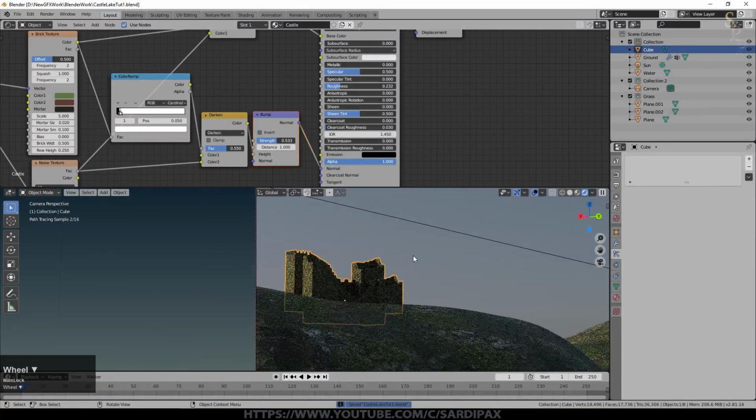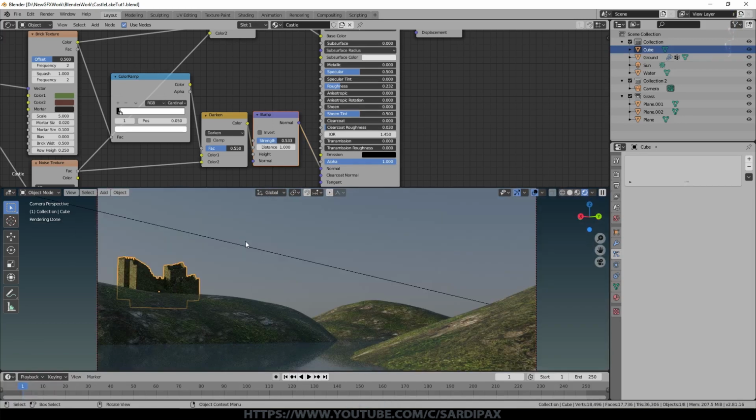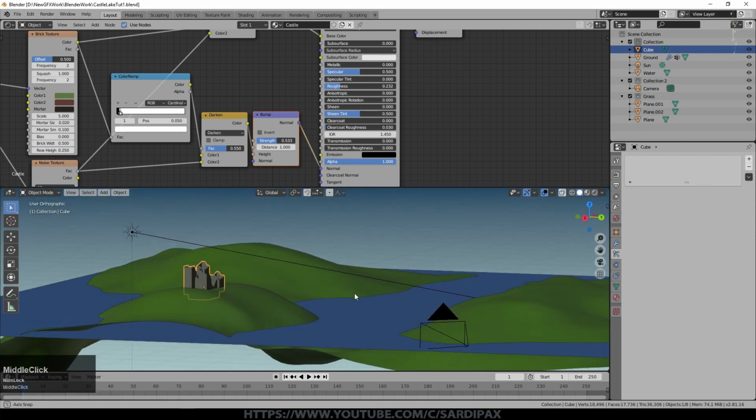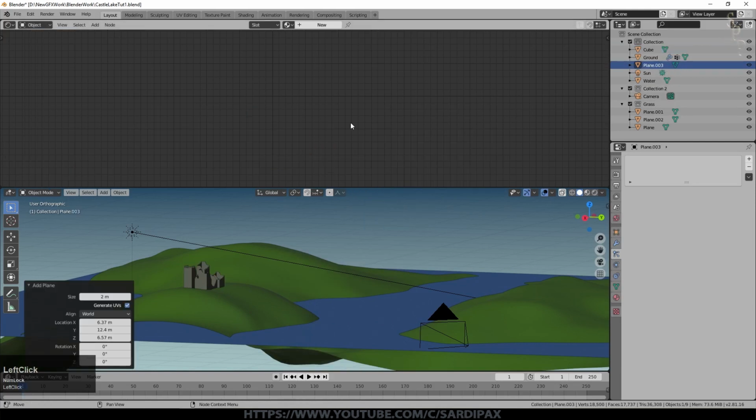So that'll do. The castle isn't a major element, but it just adds a little something. And now let's add a background plate. Don't always use background plates. Sometimes I use generated skies and things like that, but it can be useful, particularly when you're creating a still scene. The problem with simple background plates rather than HDRIs that wrap around the scene is that with animations, unless it's a very narrow, limited camera movement, if you have any camera movement, obviously it limits what you can do, what you can look at. So let's add a background plate, which is just a plane as usual.